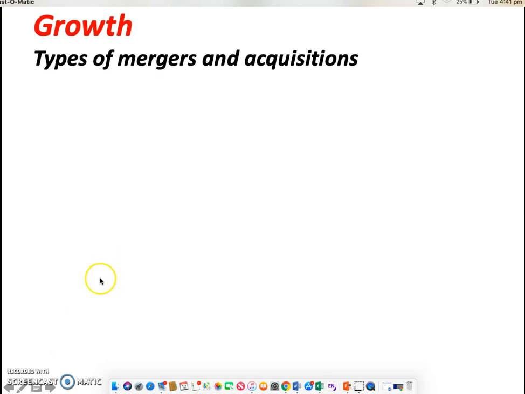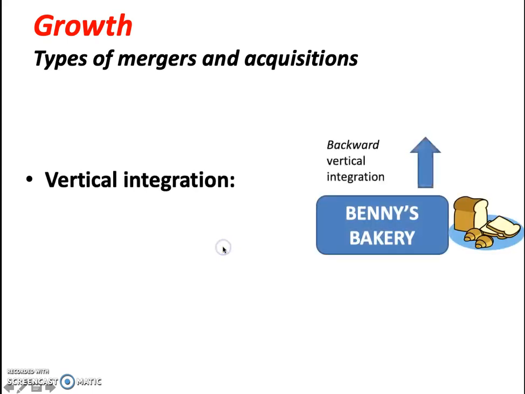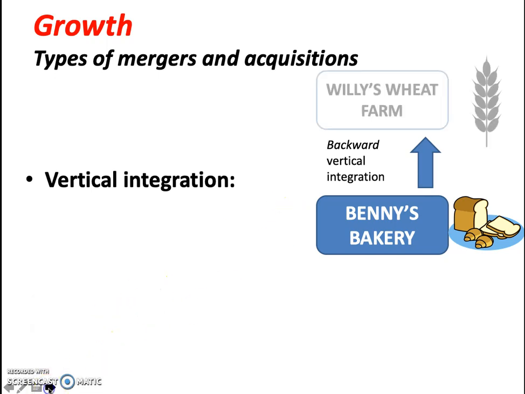So, we stopped here on types of mergers and acquisitions, and we had our friend Ben Broadley, who is in 6.1, and he had his backwards vertical integration where he went and bought a wheat farm to control his supply line, but also grow his business and have more revenue streams. He can now sell bread, but he can now sell wheat. He can sell the wheat only to his own bakery and ensure that he has control over quality and the like. And it also means he can sell it at a more expensive price to his competitors in the bakery market, meaning that his bread is more cost effective.